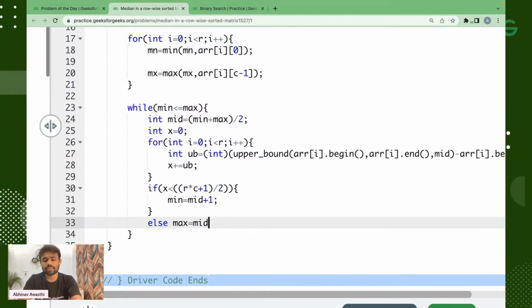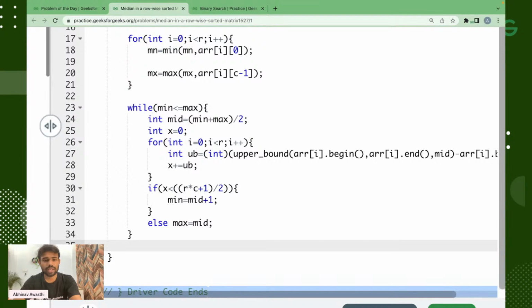I think mid minus 1, or it should be mid, because mid should also be considered again. Okay, I think it should be mid. Okay, let's do this thing. I will explain why. At the last, min will be the answer. I will also tell you why. Because